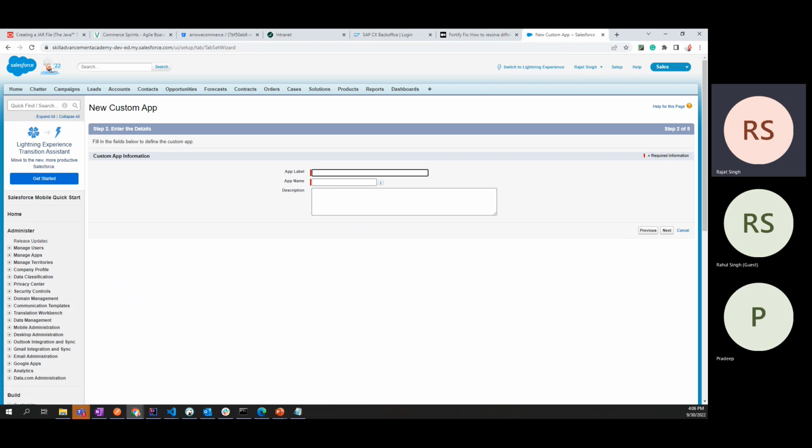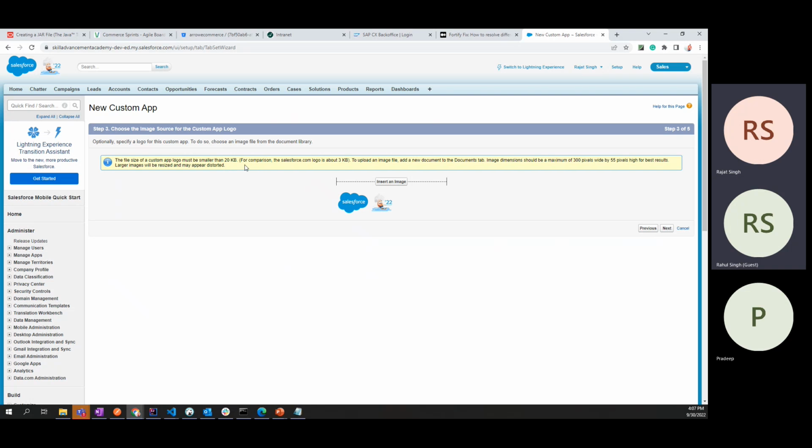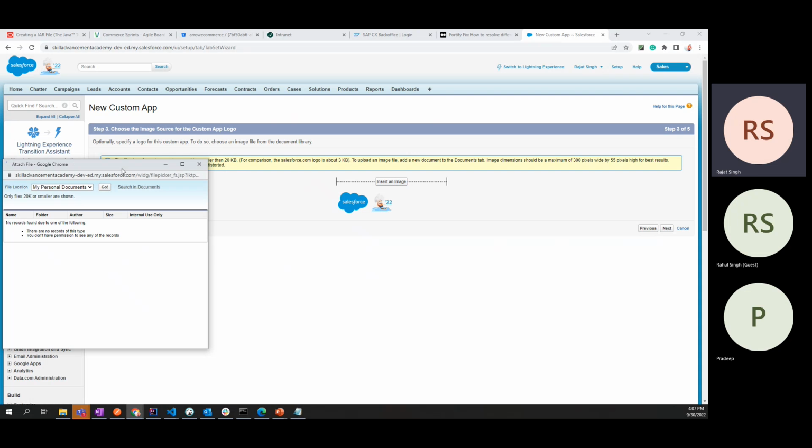Let's say we want to create an application, and let's say our application name will be our organization only. Okay, this is kind of skill advancement. So you see app label and app name came. Then here it is asking to insert an image. Okay, so once you click on insert an image,